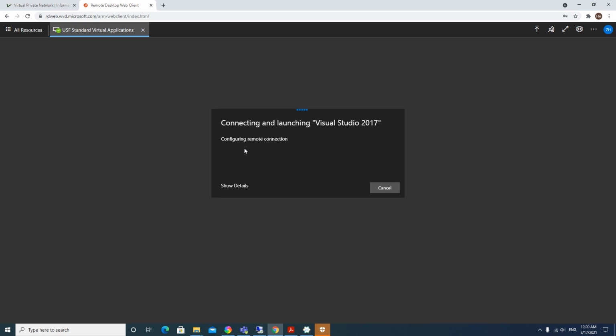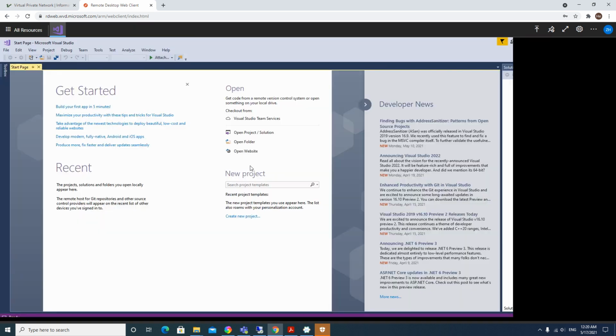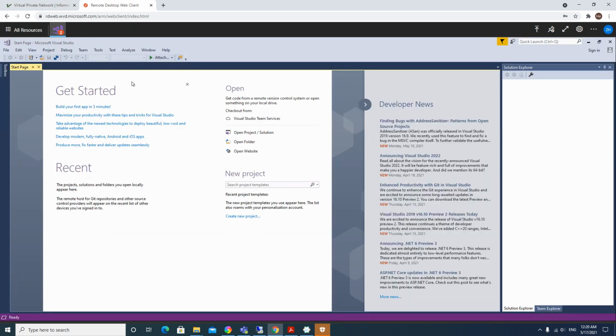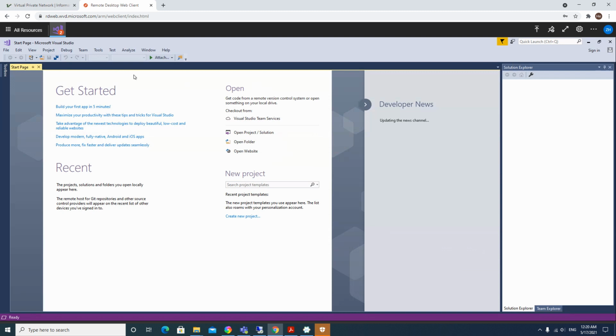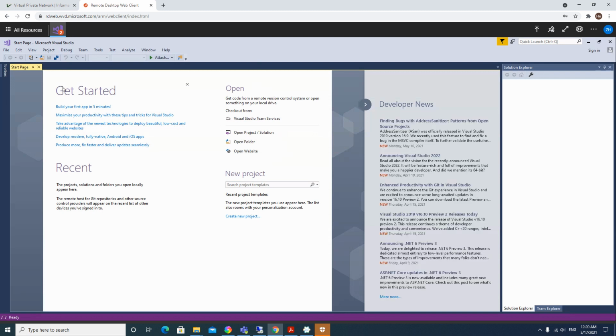So you can see that it is configuring remote connections. Now you can see that Visual Studio 2017 is available here. Okay, but remember this copy is on the server. It is not running on your laptop. It is on the server. Okay. So for the project, let's demonstrate a very simple thing. So for this project, if I click File, okay,